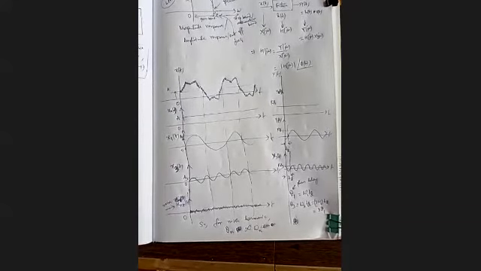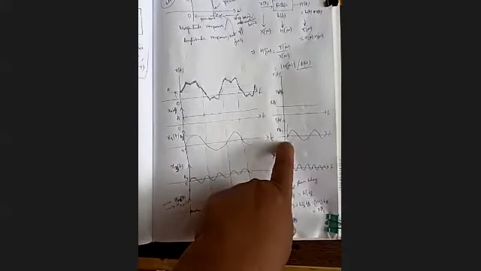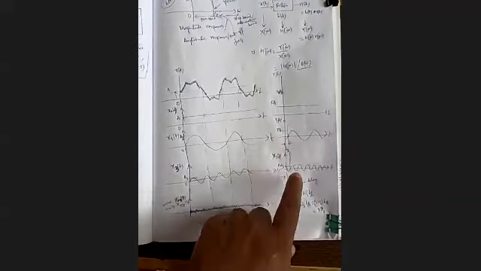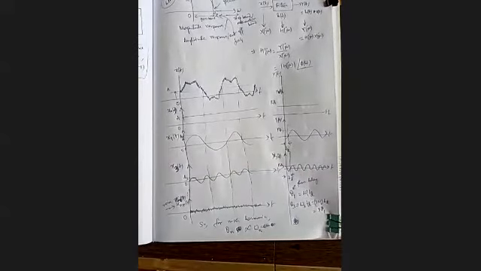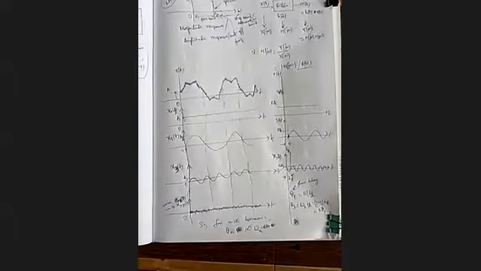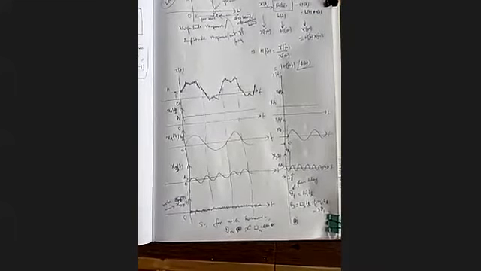So it means that for fundamental, if our θ1 is 10 degree, there is a delay of 10 degree. For second harmonic, the delay will be 20 degree. For third harmonic, delay will be 30 degree. For fourth harmonic, delay will be 40 degree. Because our delay is proportional to the order of the frequency for that particular harmonic.